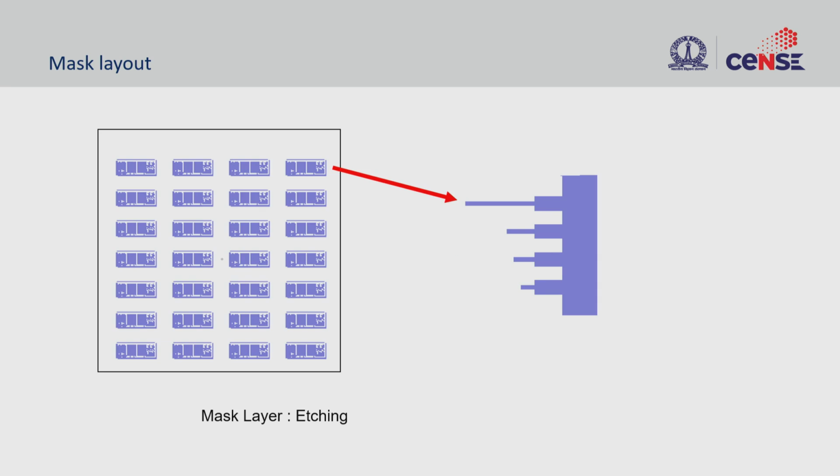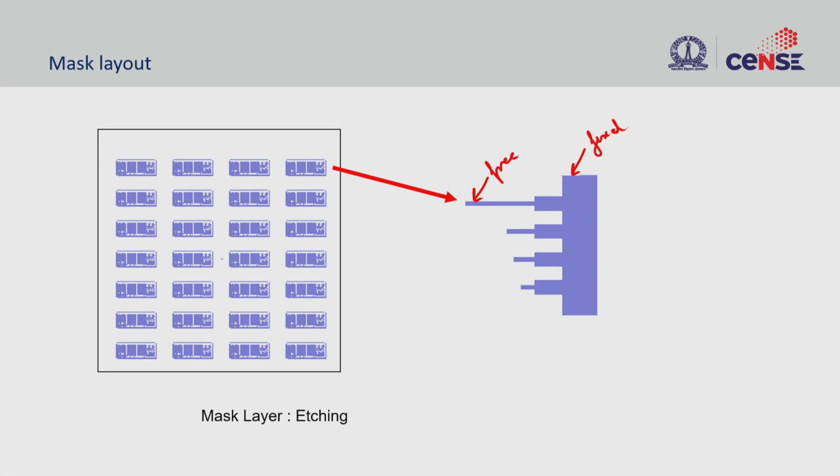As we already saw in lithography, whatever structure you want to make, we have to make a mask for it, a photo mask for it. So what you see on the left side is a group of cantilever designs, and on the right side you see a zoomed in image of what we have designed, right? So as I mentioned, this is the fixed side and this is your free hanging side.